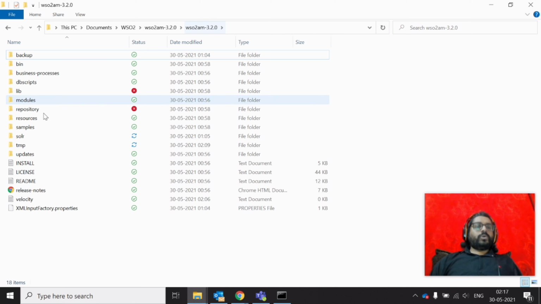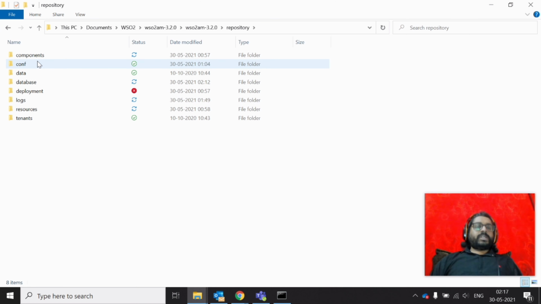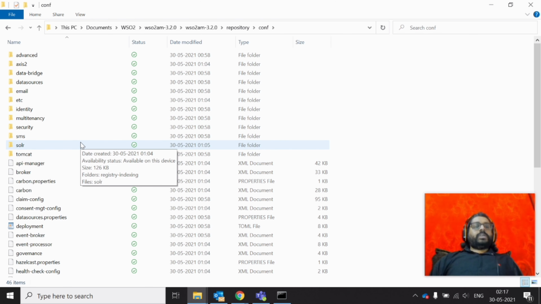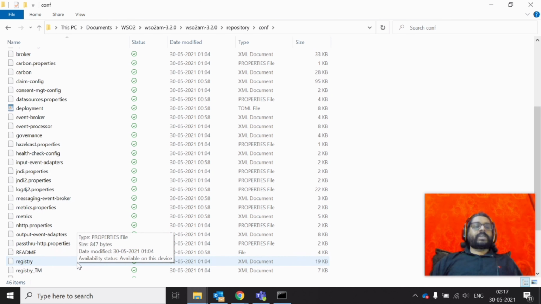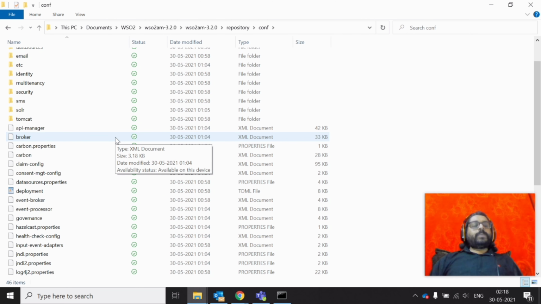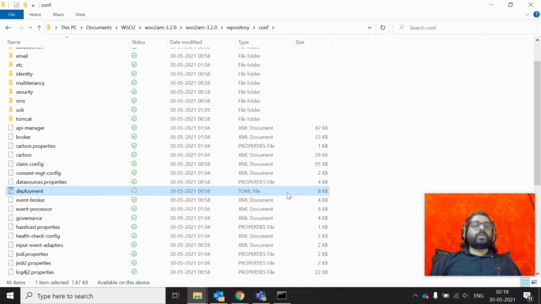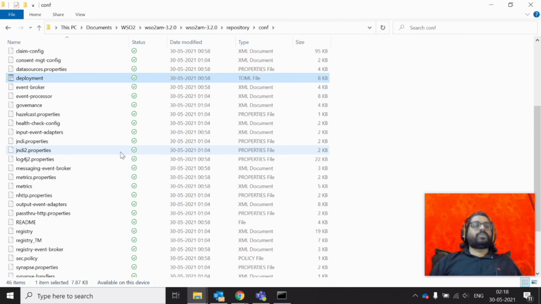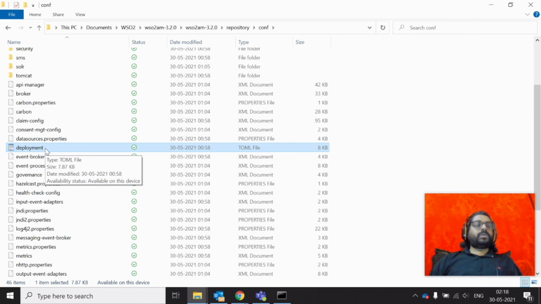Now let's go into the repository folder. Inside repository, there's a conf folder. So conf is the folder which has all the configurations. You can see a lot of configuration files that are present here. In the API Manager versions that came before 3.x, you have to change all these configuration files. From API Manager version 3.x, you have to change just one configuration file, which is called deployment.toml, which will replace all the values which you configure inside this deployment.toml file in other configuration files, be it XML, properties or any other file extension. So now let's open the deployment.toml file.